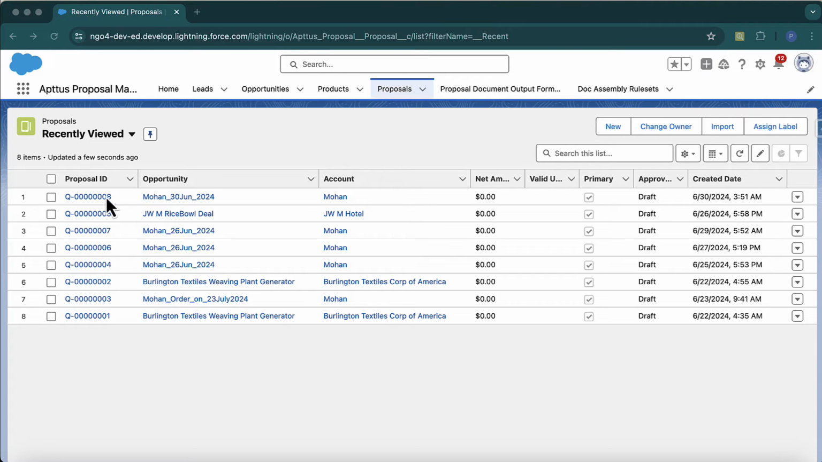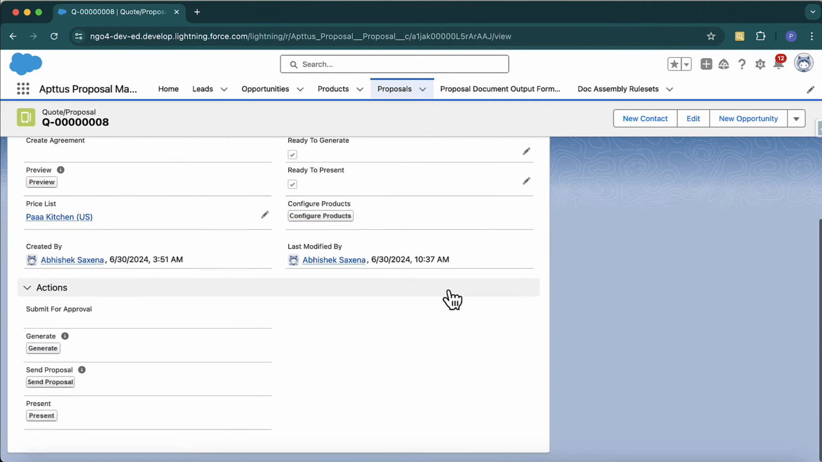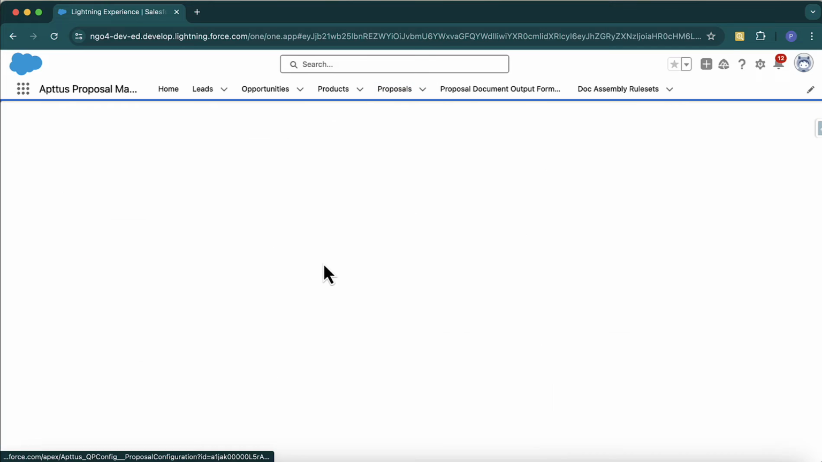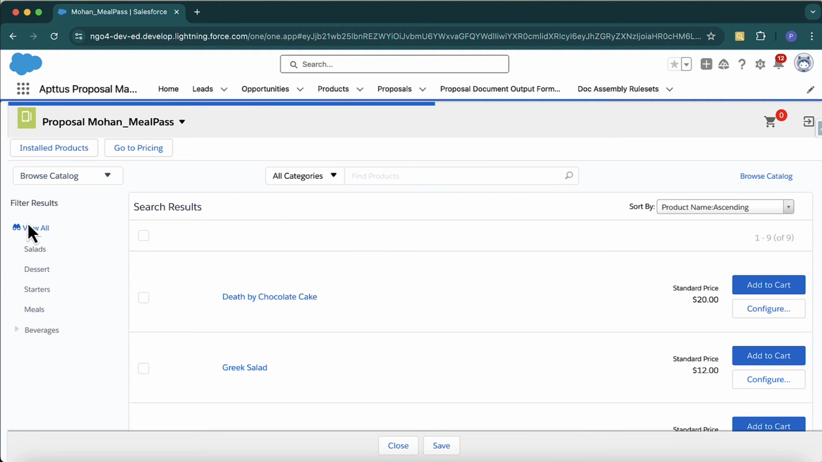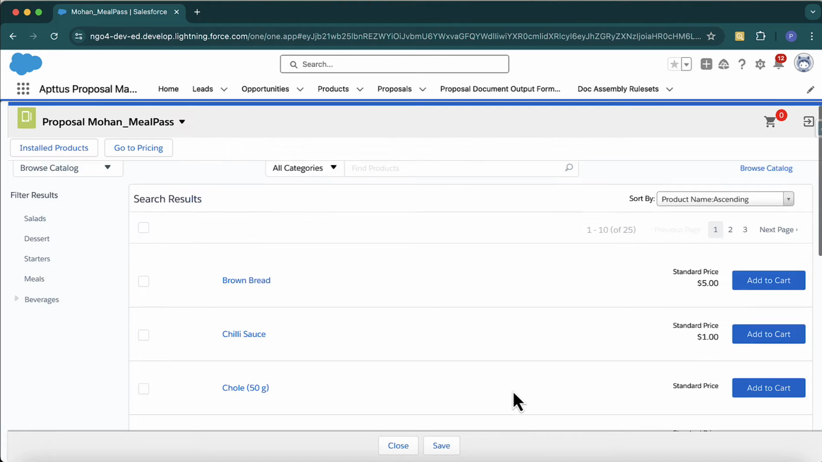Now here, if I go to any proposal, let me open this proposal and click on this configure cart. Now what is happening? I am seeing all the products. There is no filter to see the products in the catalog. So if I go and click on this view all, I will see even the option products